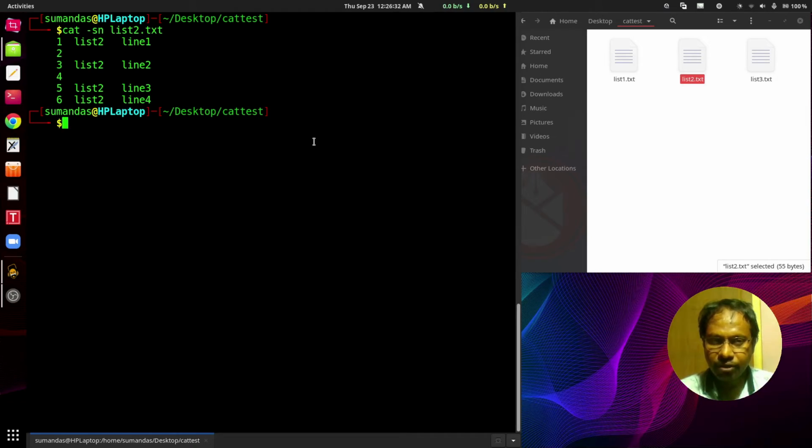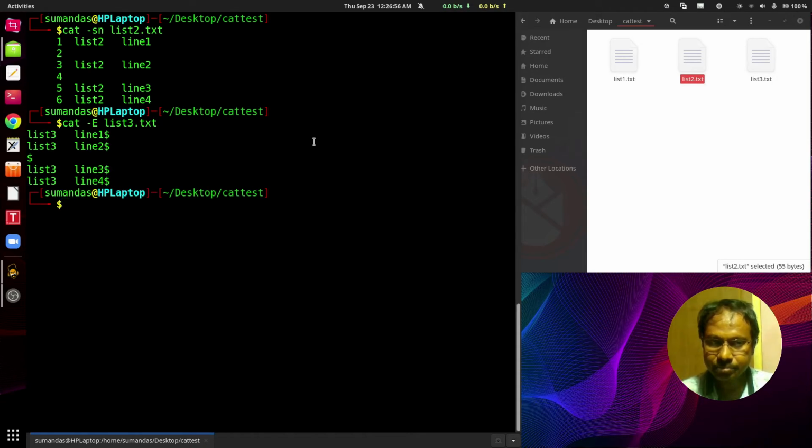Another flag we can use with the cat command is cat -E and list3.txt. What does -E do? Now it recognizes the end of the line.